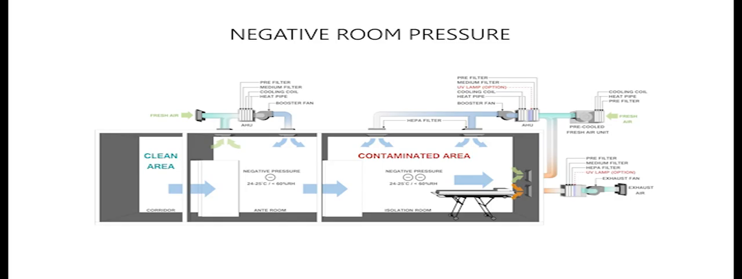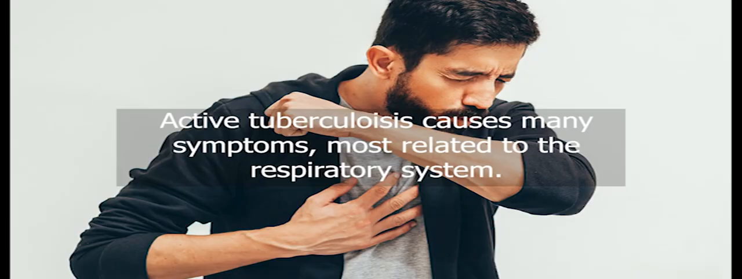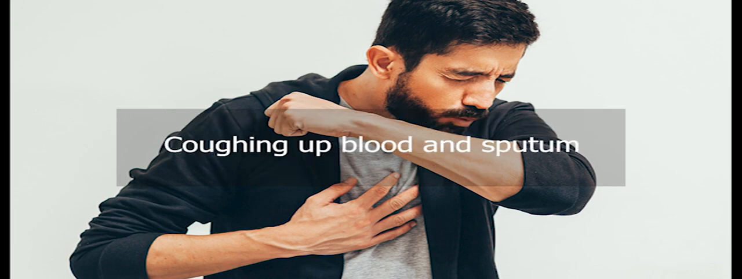According to the Centers for Disease Control data, annual TB rates in the United States have declined dramatically during the past 3 decades. In 2020, the rate dipped to 2.7 cases per 100,000 people. Active TB typically causes many symptoms that are most commonly related to the respiratory system, including coughing up blood and